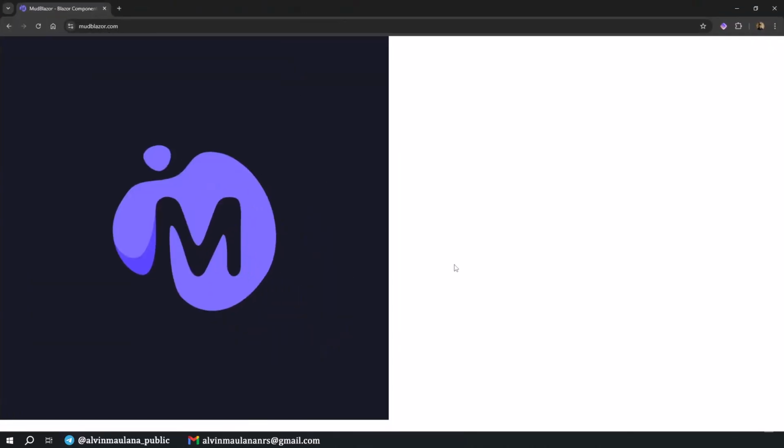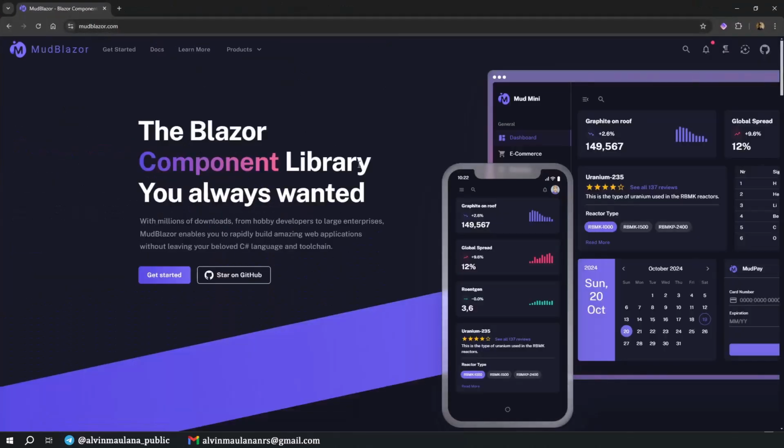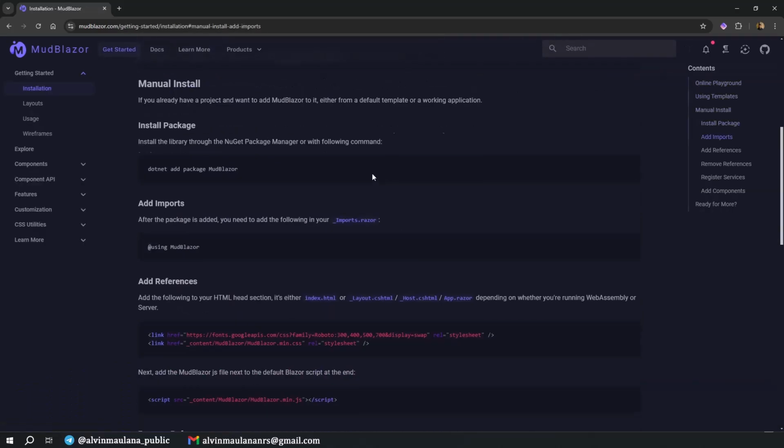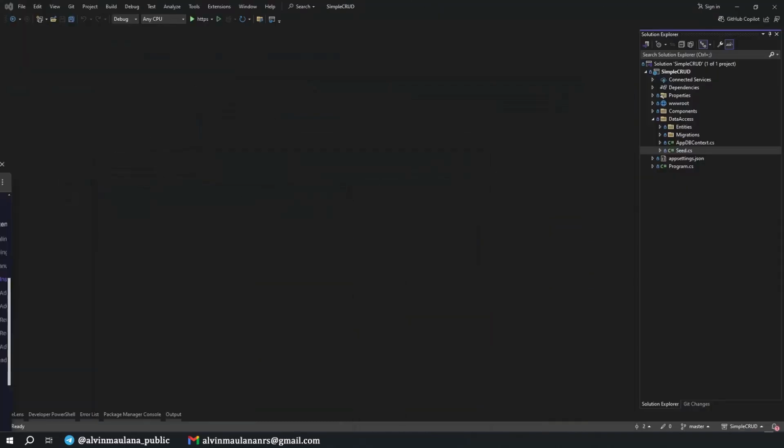And this is MudBlazor. You can go to the page mudblazor.com and we can get started here. What we need to do is install MudBlazor and then add this to the imports. Maybe let's try doing it one by one. I put here